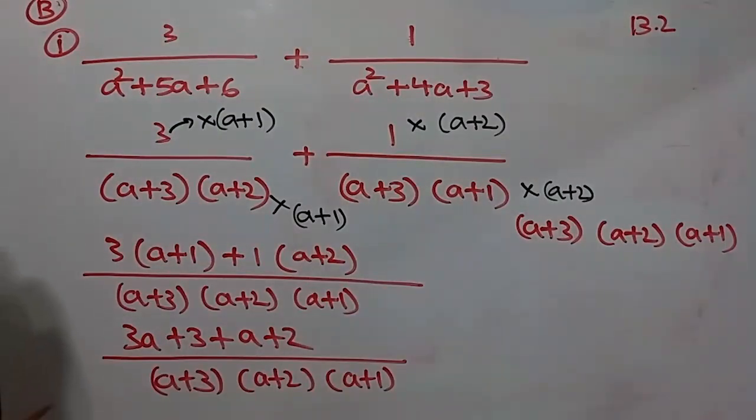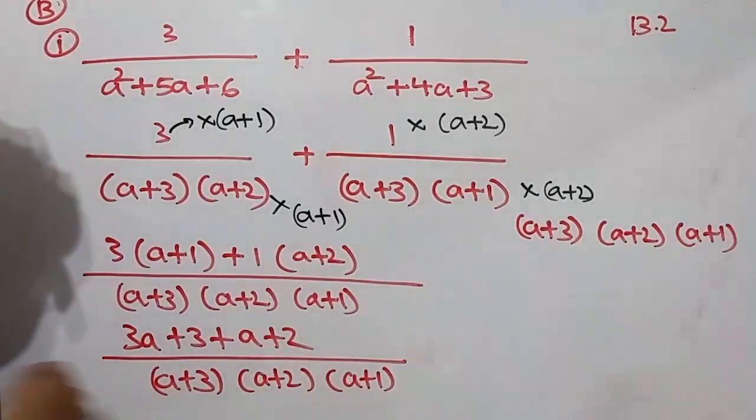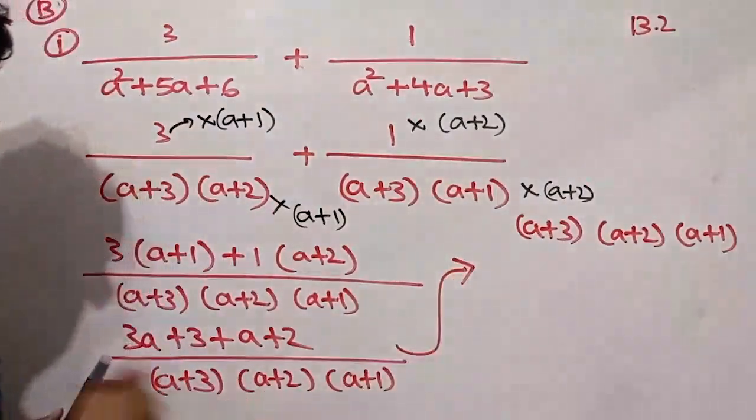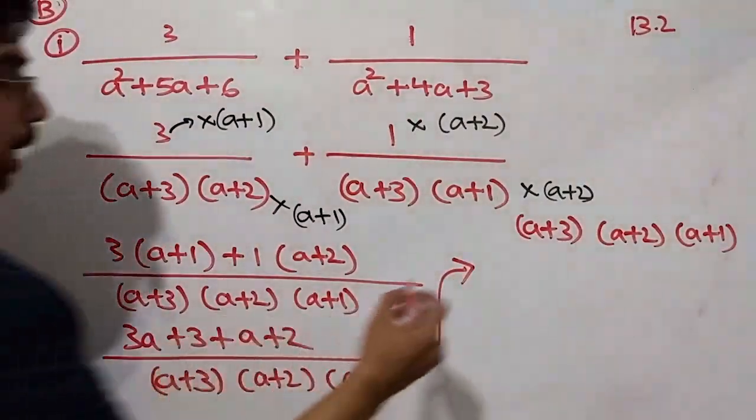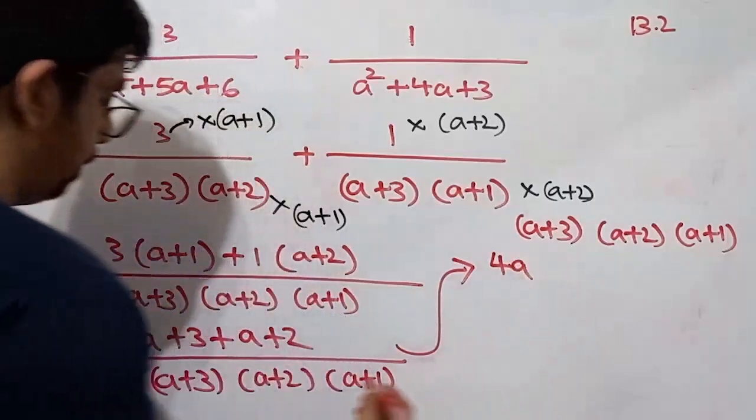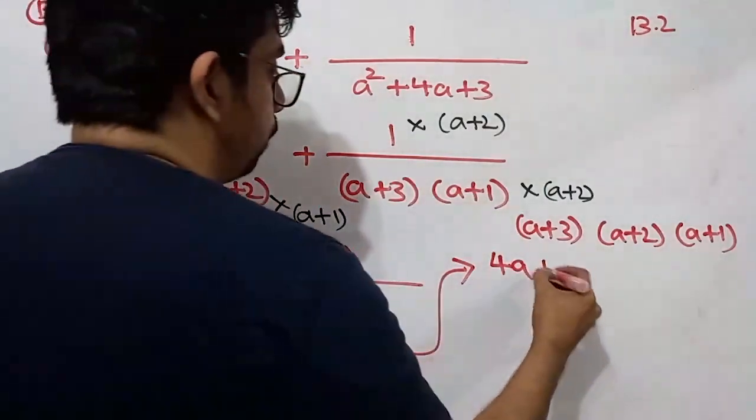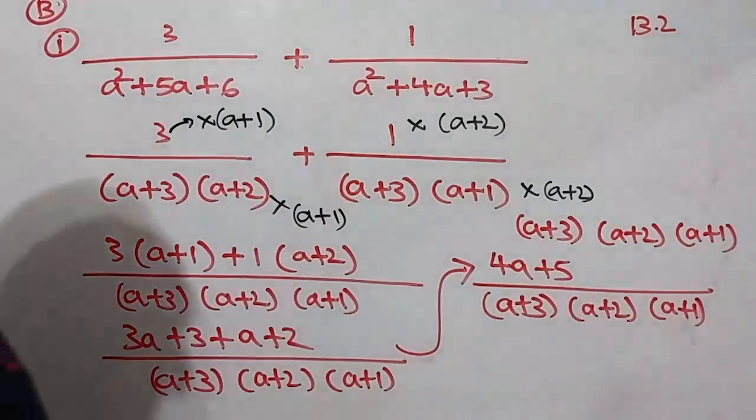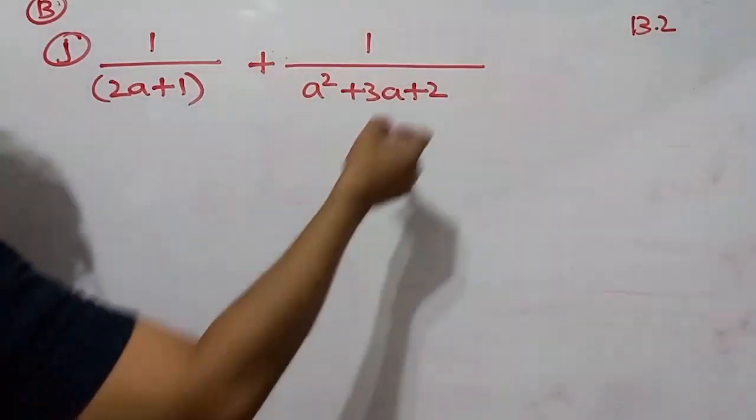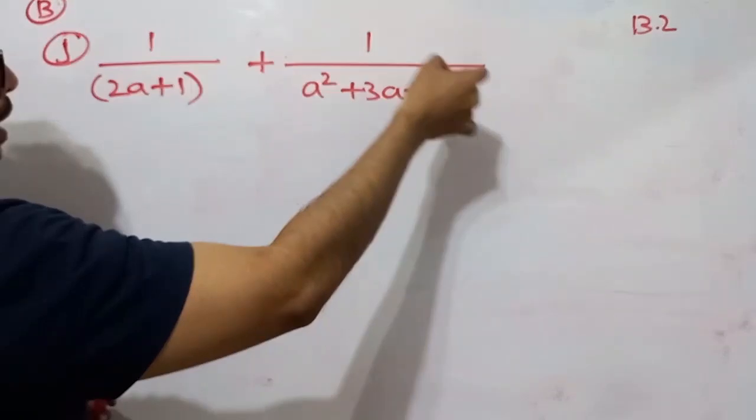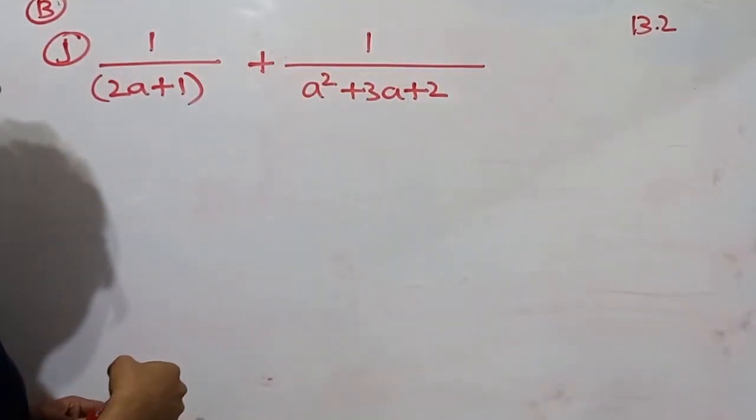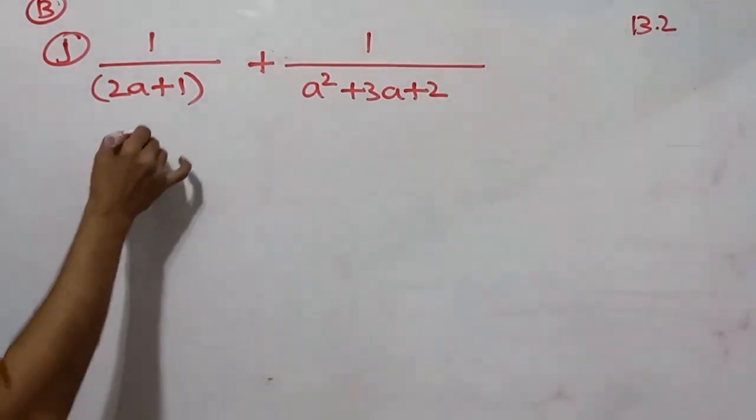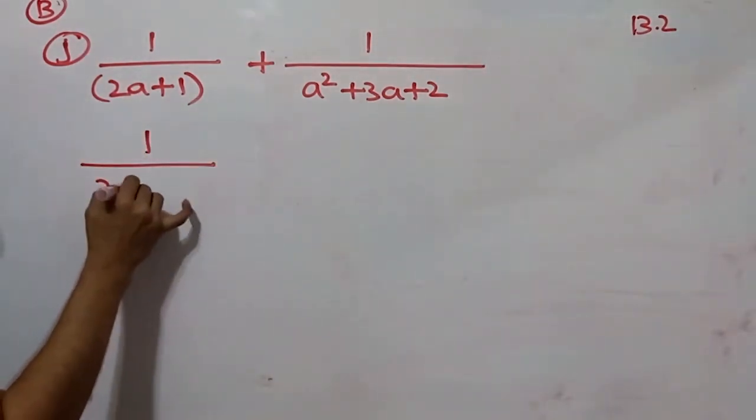Again, the entire expression needs to be divided by the LCM. So here we can do some simplifications. So 3a plus a, it will be 4a. 3 plus 2, it will be 5. Then the entire expression needs to be divided by the LCM. So here we need to factorize this expression. By observing, we can come up with the factorization. So 1 by 2a plus 1